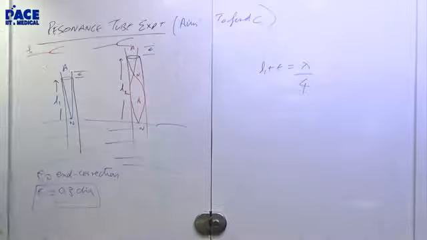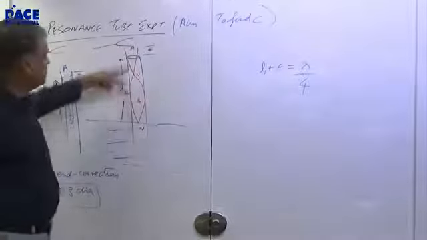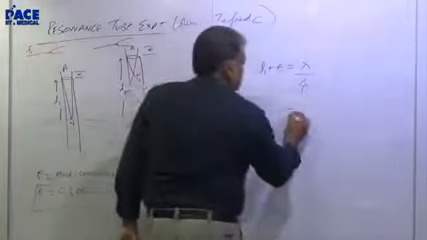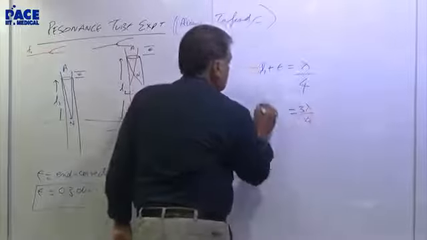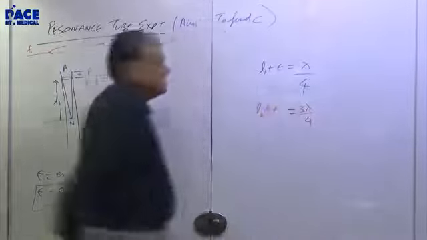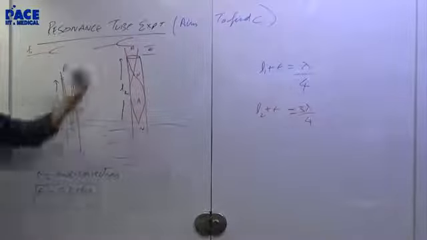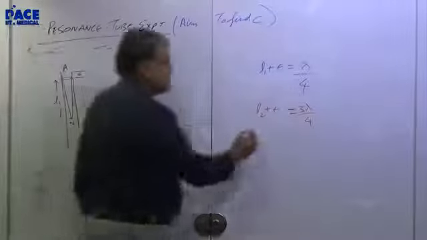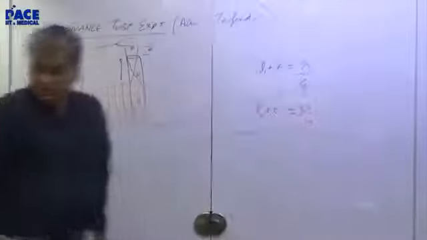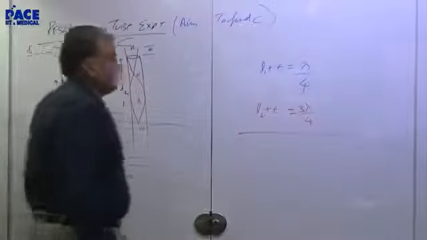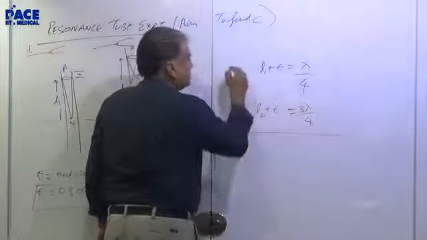Is that okay? So what you have hit upon is 3 lambda by 4. And what is that? That is equal to L2 plus epsilon. Epsilon doesn't change, it is a 0.3 diameter, doesn't change. So that's what you have got. And now you can solve for lambda exactly. We can eliminate the epsilon from it.